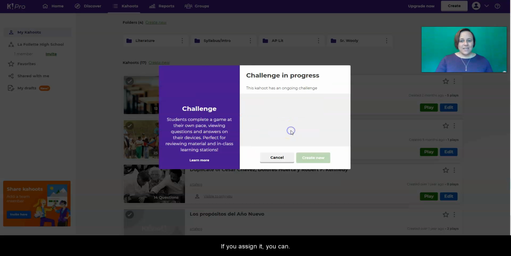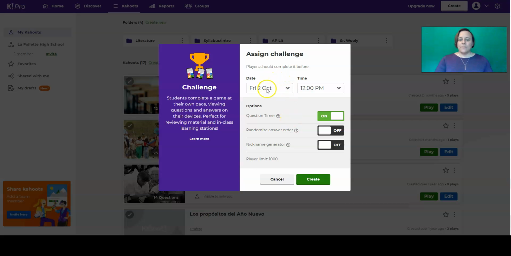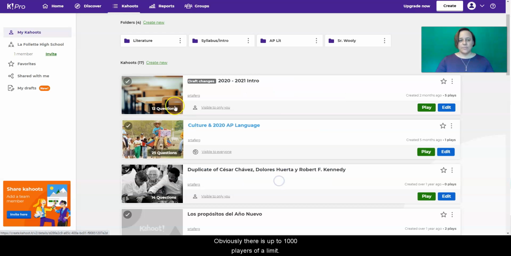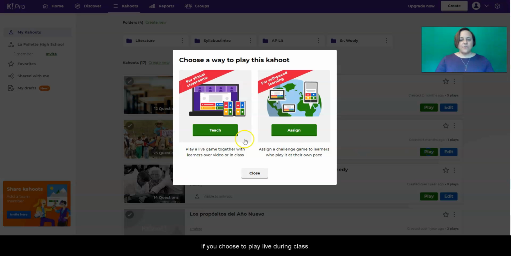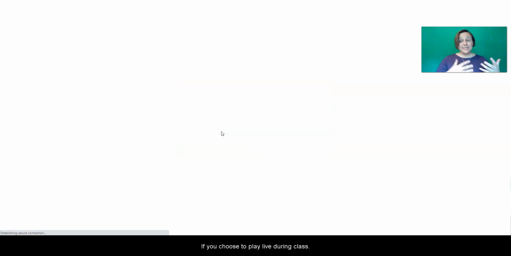If you assign it, you can give the due date, due time. Do you want a timer on the questions, or do they get all the time they need? Should you randomize the order of answers? Do you want it to generate nicknames? And obviously there is a limit of up to 1,000 players. If you choose to play live during class,